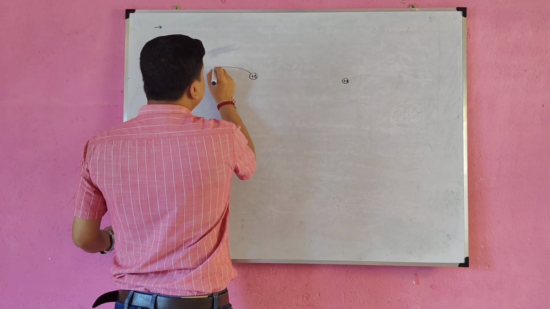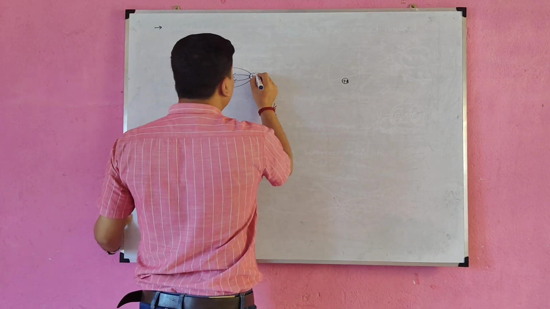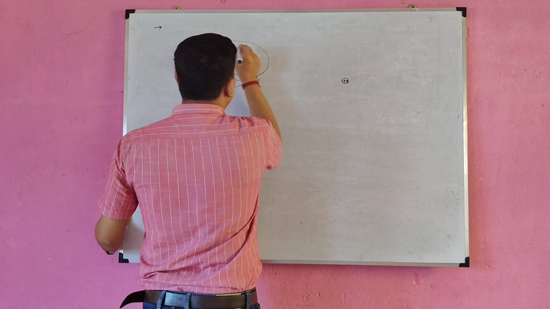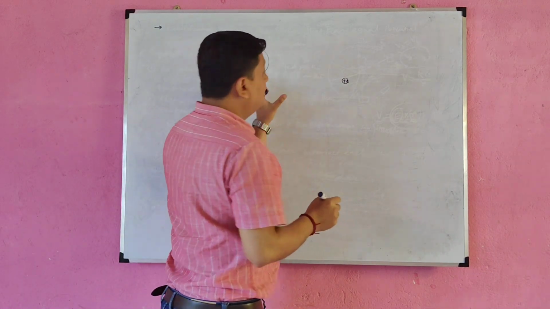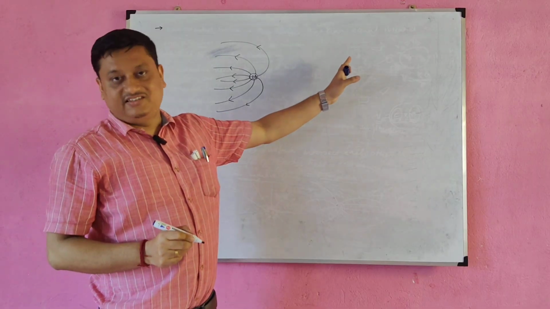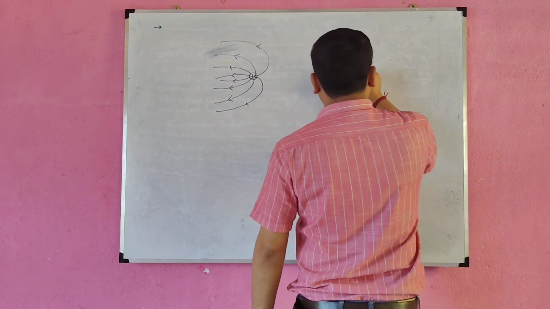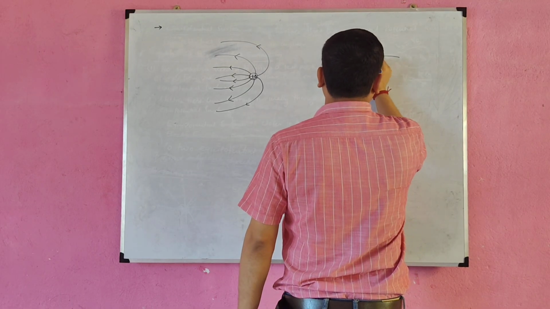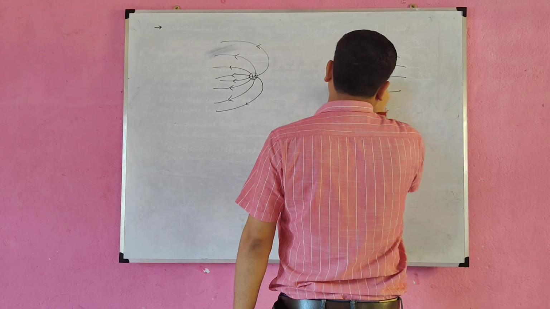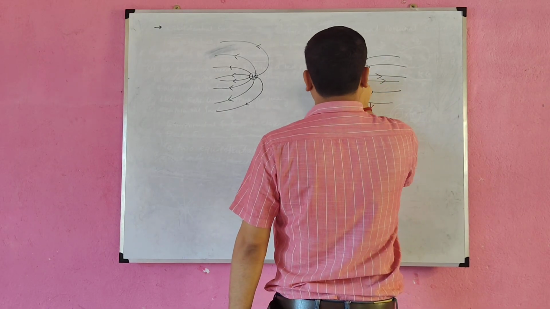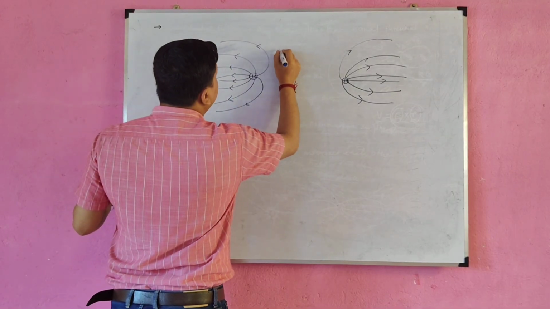So you can see that the field line can proceed towards this direction. Why? Because here another positive charge is placed. So what will be the pattern of the equipotential surface there? So the pattern will be such like